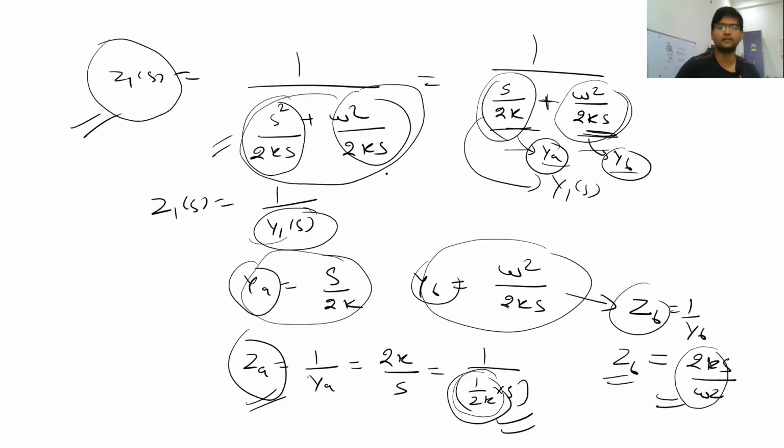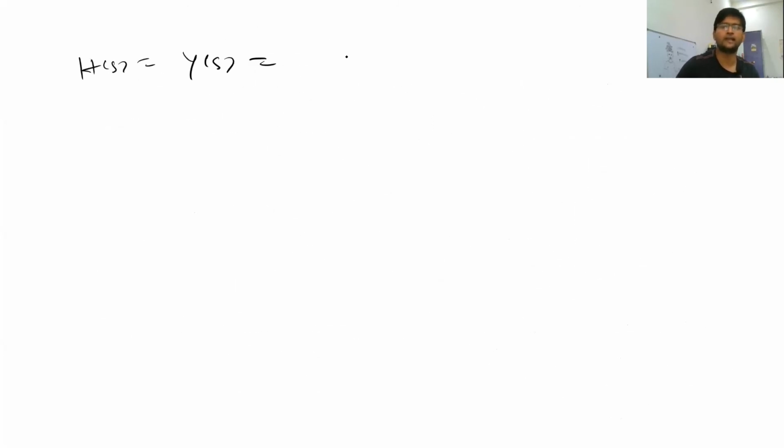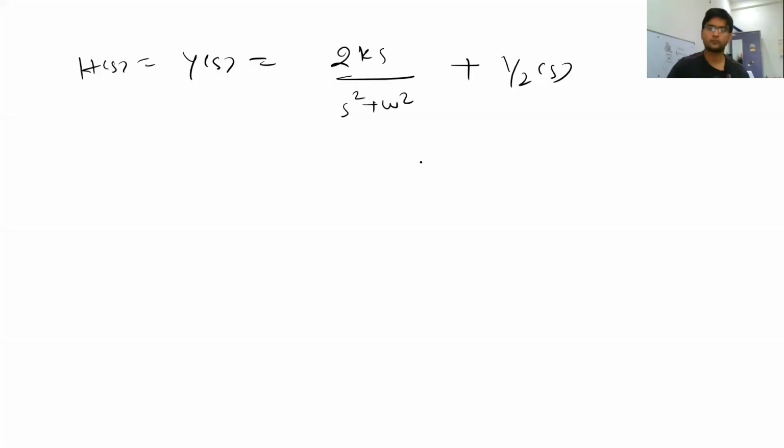Now quickly take this HS as YS, which is nothing but we had already taken this whole thing as 2ks upon s square plus omega square. So let me directly write it as 2ks upon s square plus omega square plus your y2s. Clear? So this thing is your